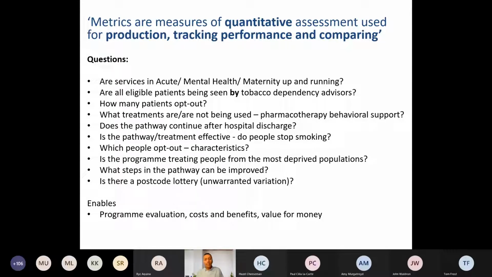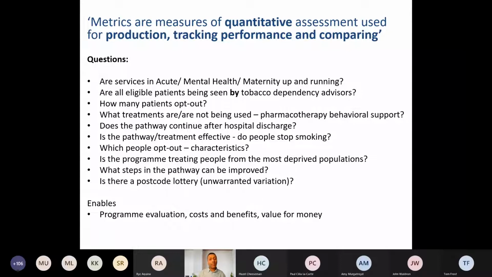Is the programme treating people from the most deprived populations? We know that sometimes when we implement programmes in the NHS, it ends up being the most affluent, the most able people with respect to, let's say, digital skills or other things, or those who shout the loudest, who get the treatments. But actually we know that smoking rates are highest in our most deprived populations, and we want to make sure that this programme is being used by them, and then understand, if not, what can we do to make it better? All of these data metrics could be used for quality improvement so that we make the service as accessible